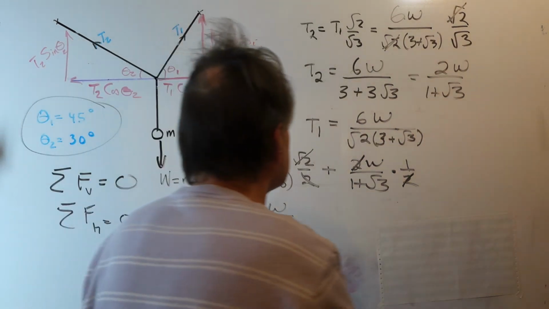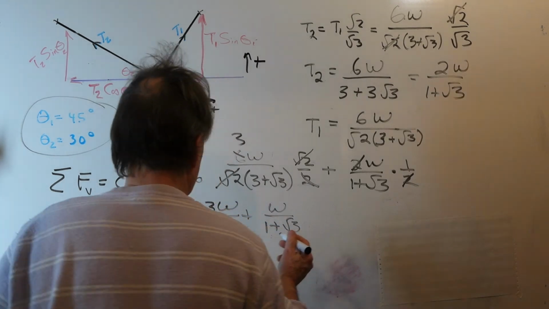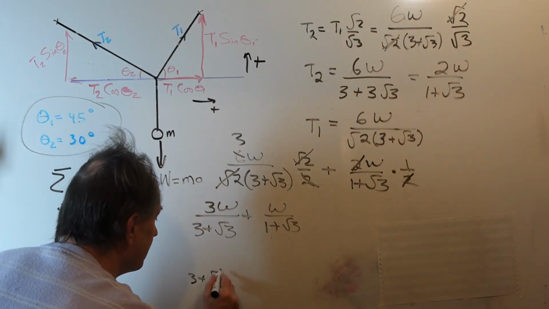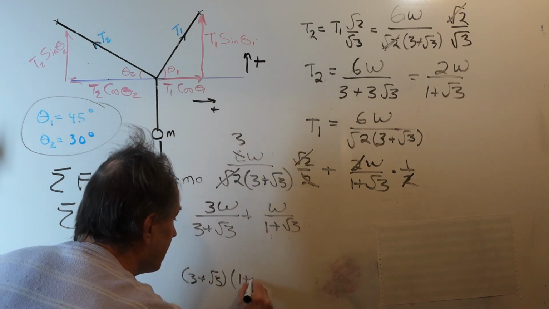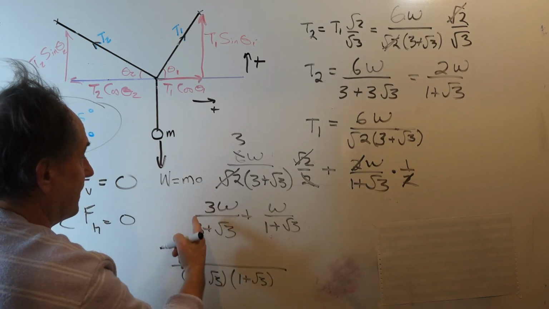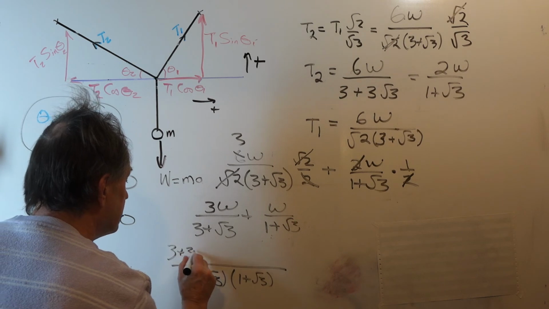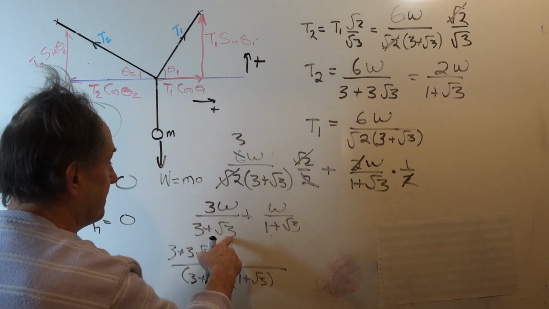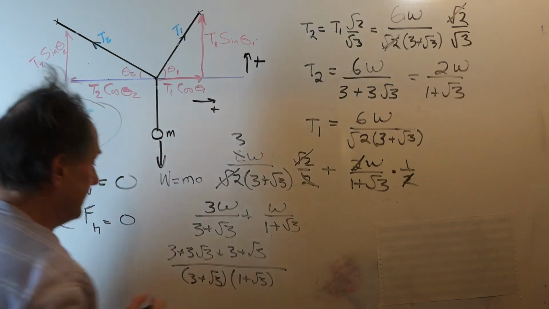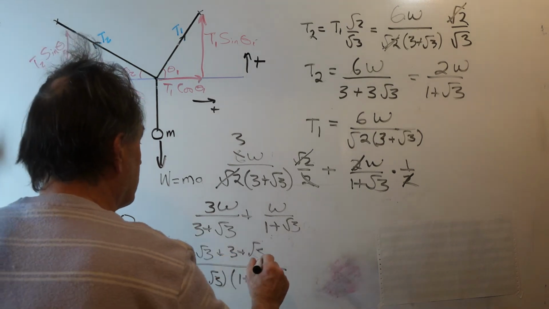Well, what does this equal? Well, we put over a common denominator. So we'll have 3 plus the square root of 3 times 1 plus the square root of 3 in the denominator. And then we cross multiply. 3 times 1 plus the square root of 3 will be 3 plus 3 square root of 3. And then 3 plus the square root of 3 times 1 is 3 plus the square root of 3. Well, this gives us 6 plus 4 square root of 3